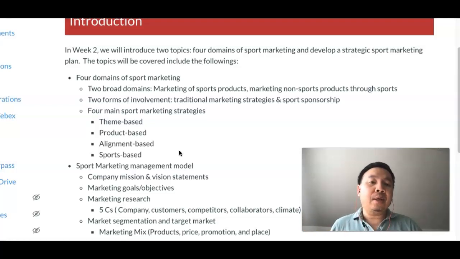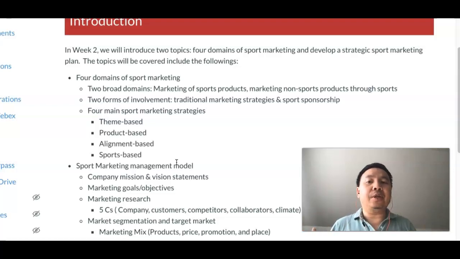The last one is using sports products and IP rights to promote themselves. One example is esports companies or computer games. They're using sports content and IP rights to make the products, and this is also called one type of sports sponsorship. Based on these two types of domains and two types of involvements, they developed